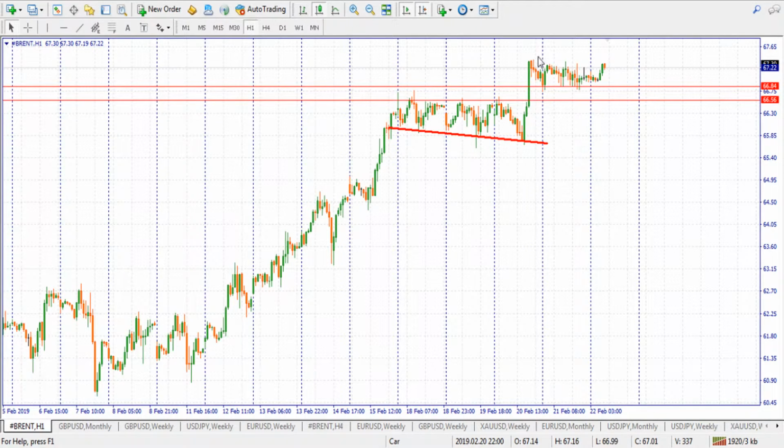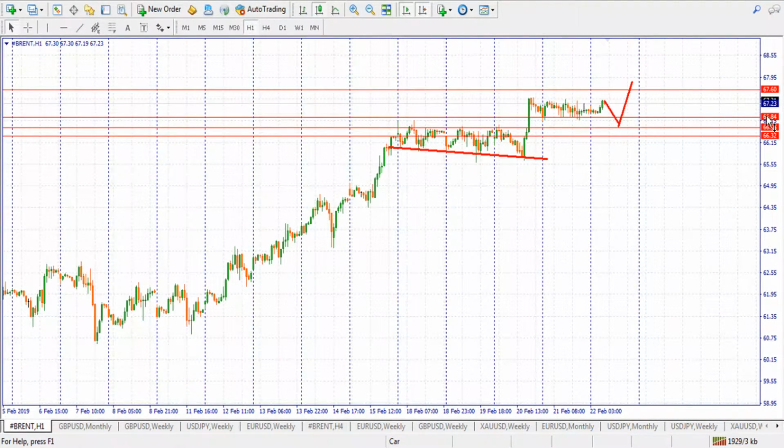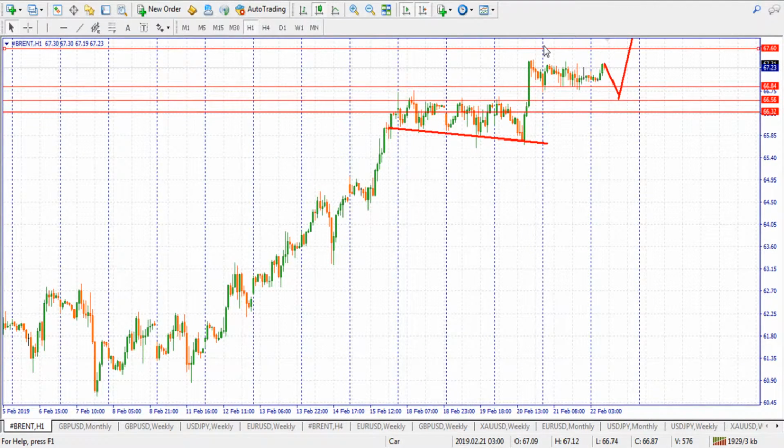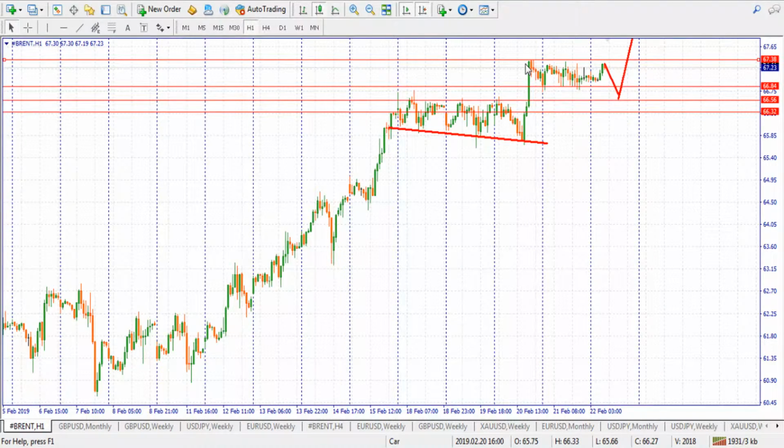We went above it, price is now holding. So we want price to pull back down up to the support before we see a move even higher. So even on this one, you can place a pending buy limit, have your stop loss below, and then your take profit should be at the very top. As I can see now, there's a resistance which is being established, some short-term resistance. This will be a resistance in the near future. So if you buy from here,